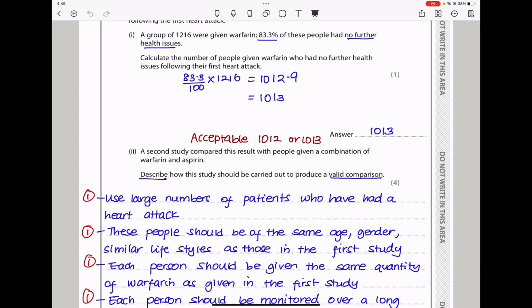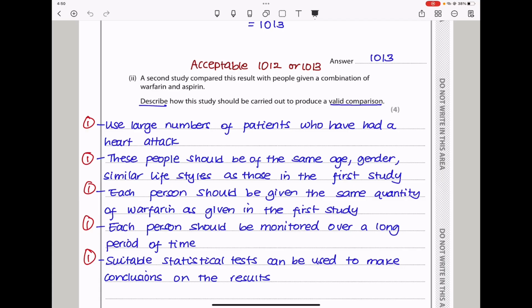Moving down here, a second study compared this result with people given a combination of warfarin and aspirin. Describe how this study would be carried out to produce a valid comparison. For comparison to be valid, you have to use people who have had a heart attack as well. These people have to be of the same age, same gender, and have similar lifestyles as the people from the first group. Each person should be given the same quantity of warfarin